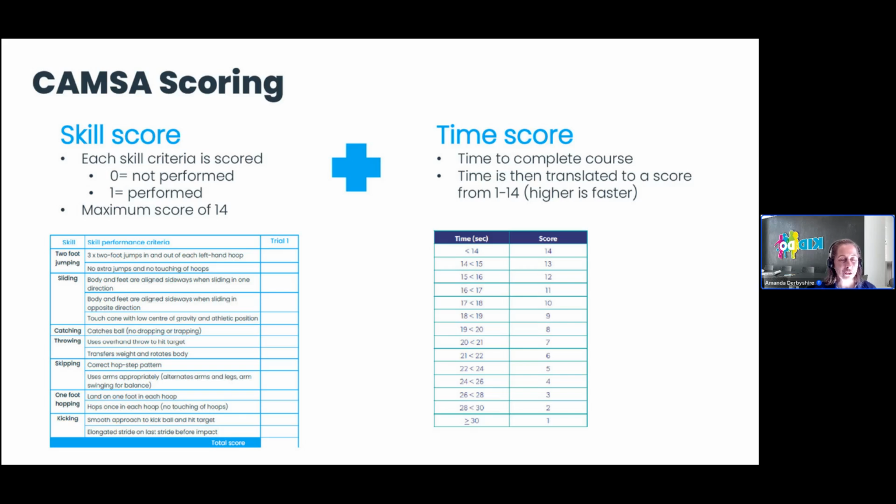But it's important to talk with students about how it's scored, because often you get students who just race through it as quick as they can, and even though they could have performed the skills, they don't do them properly because they're trying to get the fastest time. So it's very important that you explain at the start and they have an understanding about how it's scored, so they can get the best possible score they can.